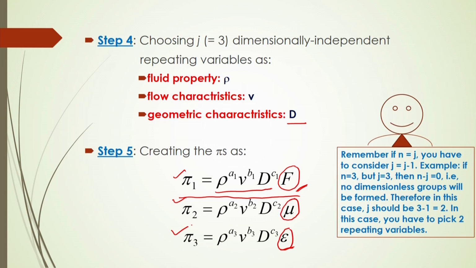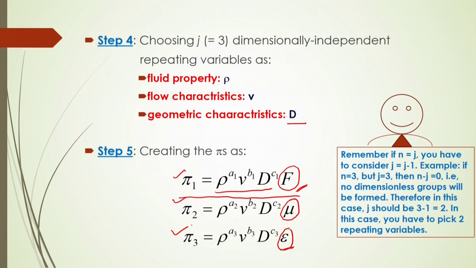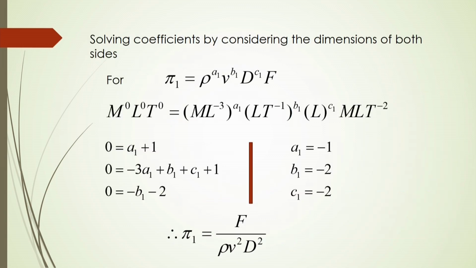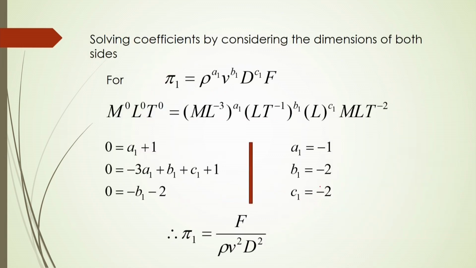Before going to that, we are just finishing this problem here with these 6 variables. Here we are having 3 dimensionless groups, phi 1, phi 2 and phi 3. Now, next you have to solve the equations by equating the dimensions on the left hand side and right hand side of those equations, as shown here, and solve for your coefficients as defined in these equations for phi 1, phi 2 and phi 3.